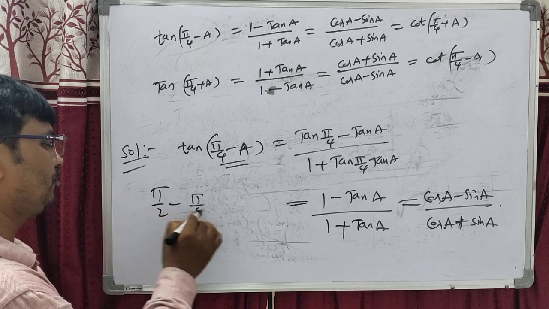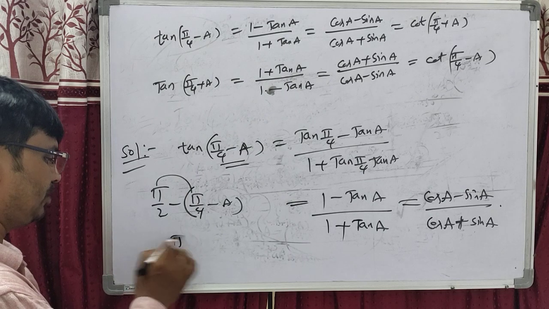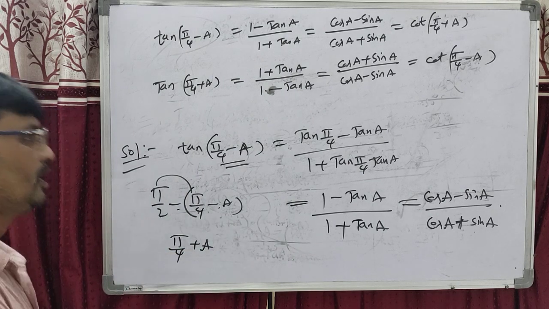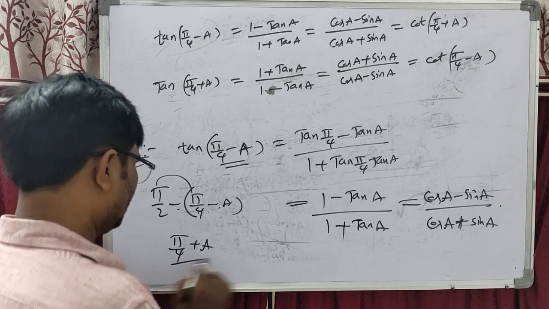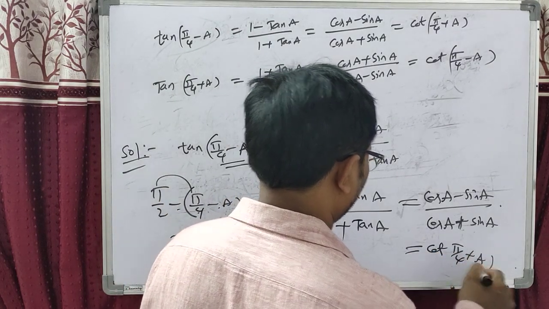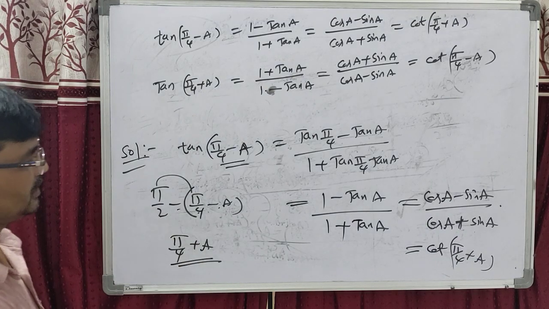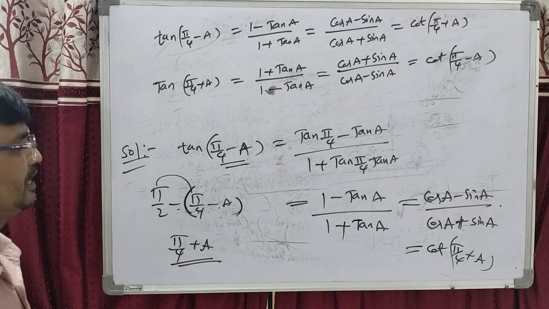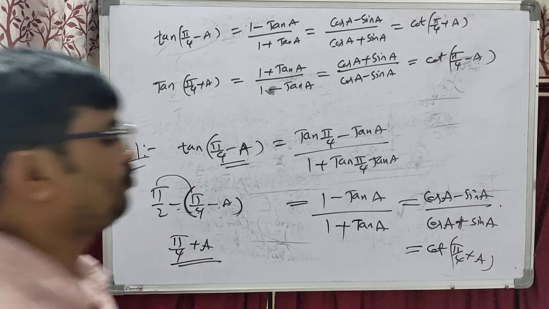Okay students, we have to know that this is subtracted from 90: 90 minus (pi by 4 minus a), that is 90 minus 45, 45, and minus of minus is plus. Already I explained: if any angle is subtracted from 90, then tan will become cot. That is, students, cot of (pi by 4 plus a). We can simply say tan (90 minus theta) is cot of (pi by 4 plus a).